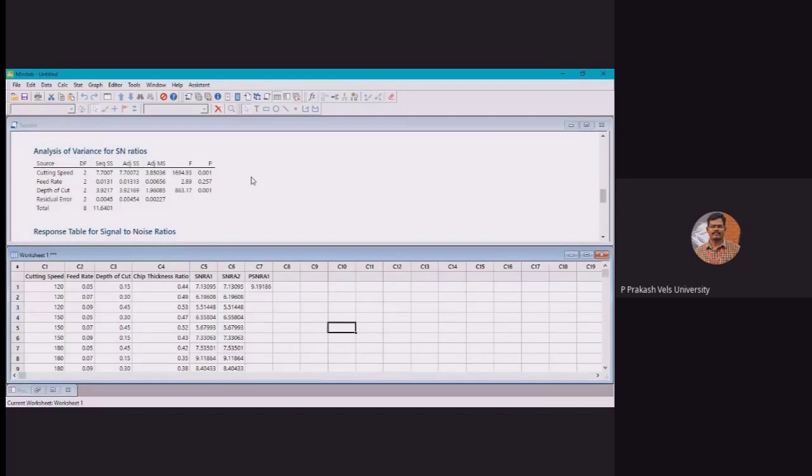Okay. Because this is the statistical tool, we have to go with the hypothesis. There are two hypotheses. The null hypothesis is that there is no variance, and the alternative is that there is a variance. Because the p value is less than 0.05, we can tell that there is a variance, so we reject the null hypothesis. ANOVA is a big chapter, sir. Here we have seen only the direct parameters. Since we are in L27, we can go with interactions also: AB, AC, BC, and then ABC also.